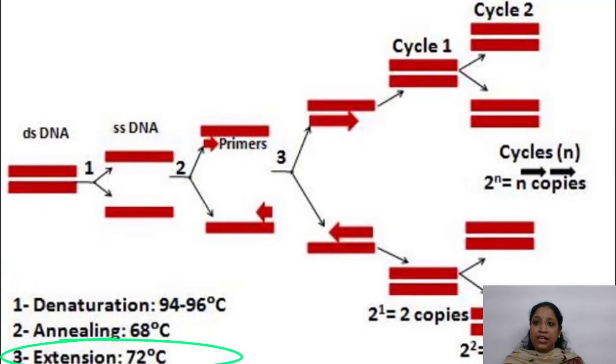This is the optimal temperature for the thermostable DNA polymerase, such as Taq polymerase, to add nucleotides to the primer and synthesize the new DNA strands. The duration of this step depends on the length of the DNA sequence being amplified, typically around 30 seconds to 2 minutes. At the end of the cycle, we have the final extension step held at 72 degrees Celsius for